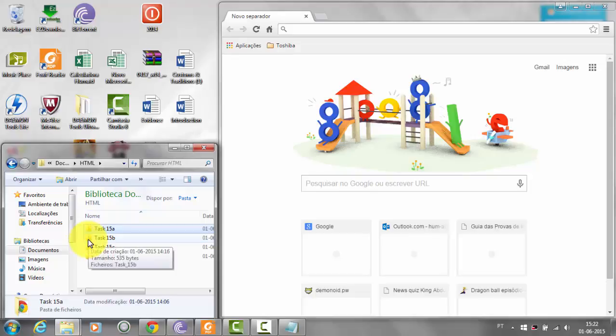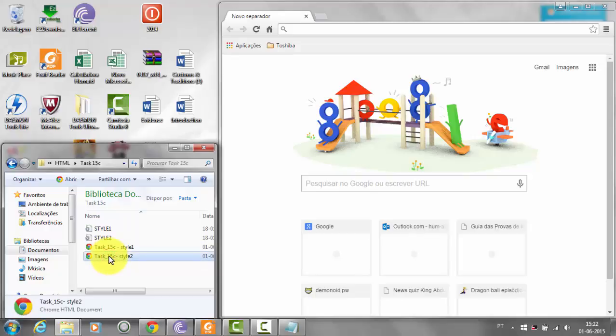Then we have to copy the web page that I saved in task C here. Then I will rename it to 15D, and I will open this file in my text editor and in the web page browser.